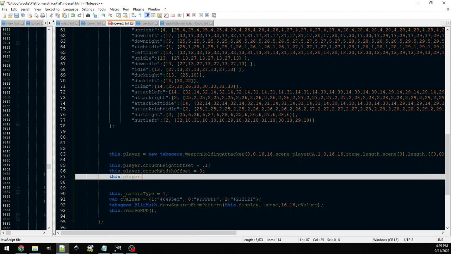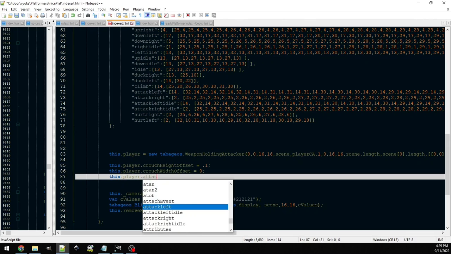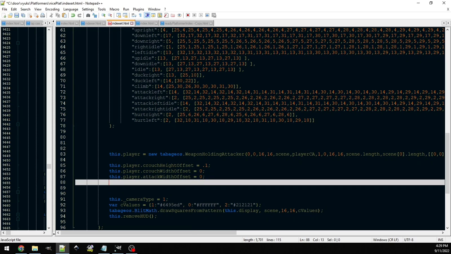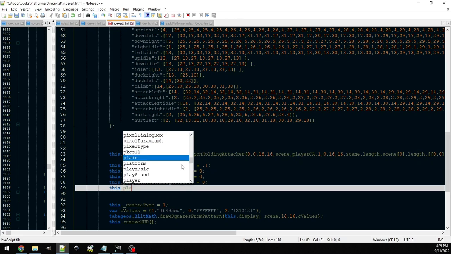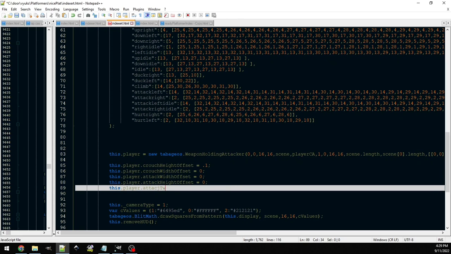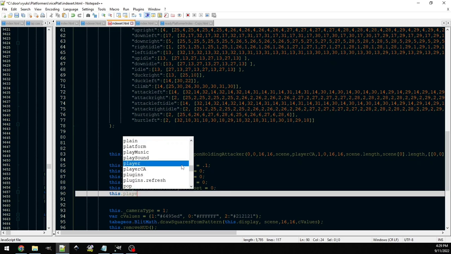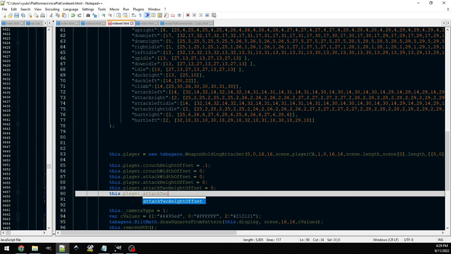Player.attack width offset is going to equal 0. That's normally 32. This.player.attack height offset equals 0. And then this.player, and we're not doing attack, there's an attack 2. We're not using that yet. I'm not sure if I'm going to use it in this series or not. We might. I guess we might. Player.attack2 width